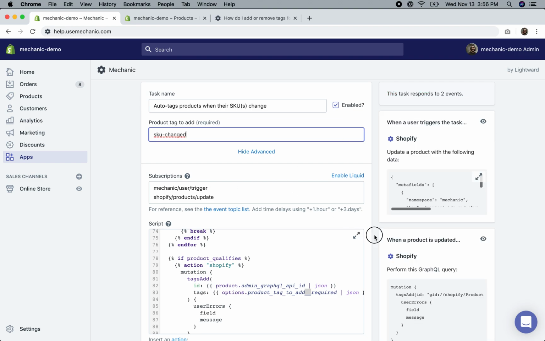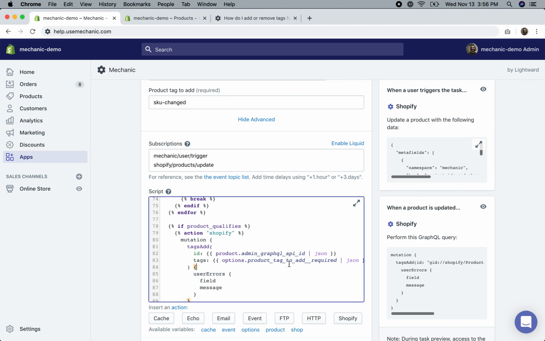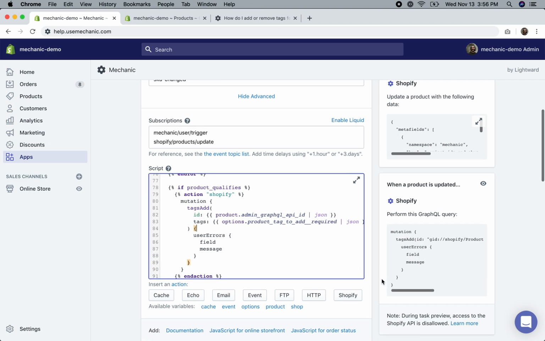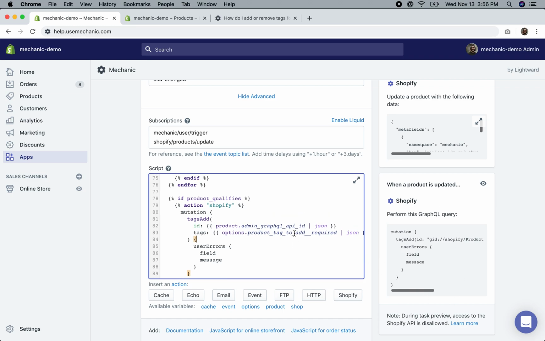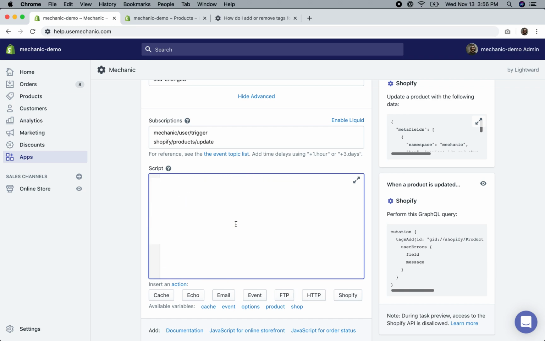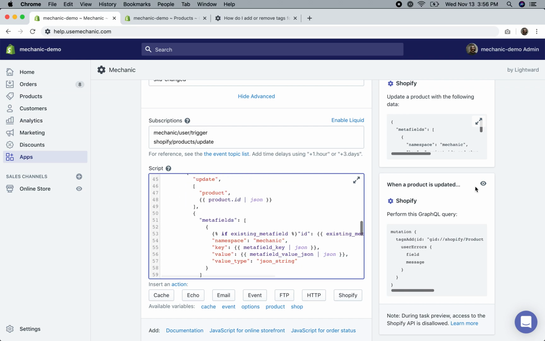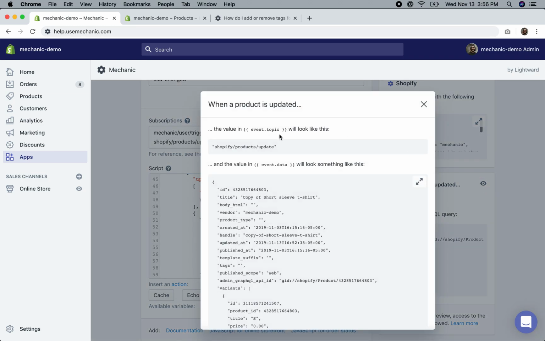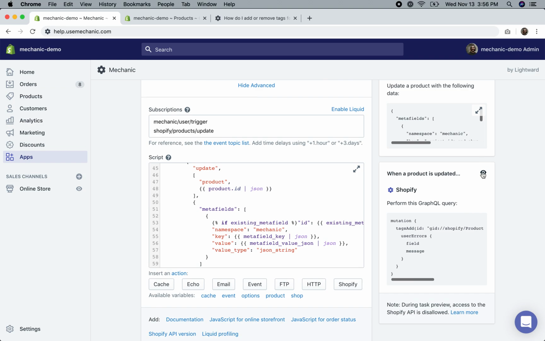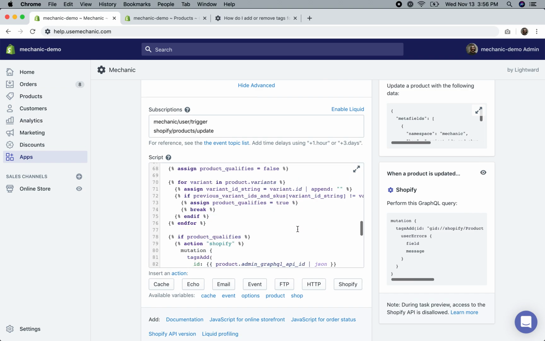Cool. All right, now let's address the question of previews. So right now, this is only working in the absence of any event preview related data like we have up here. This is working because Mechanic is using data from a previous event in the same way that it did before for this other one. But it's using data from a previous event that happens to contain everything we need in order to make a